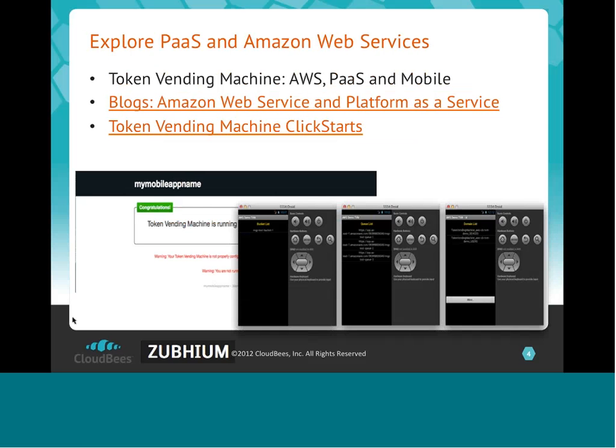Just as another example of all of the interesting things that you can do with platform as a service and mobile application development, once again, I took an example from the Amazon SDK. So Amazon have their Android and iOS SDKs, and they have a very interesting concept called a token vending machine. Now, we don't go into it here, but very simply, the idea here is that if you want your mobile